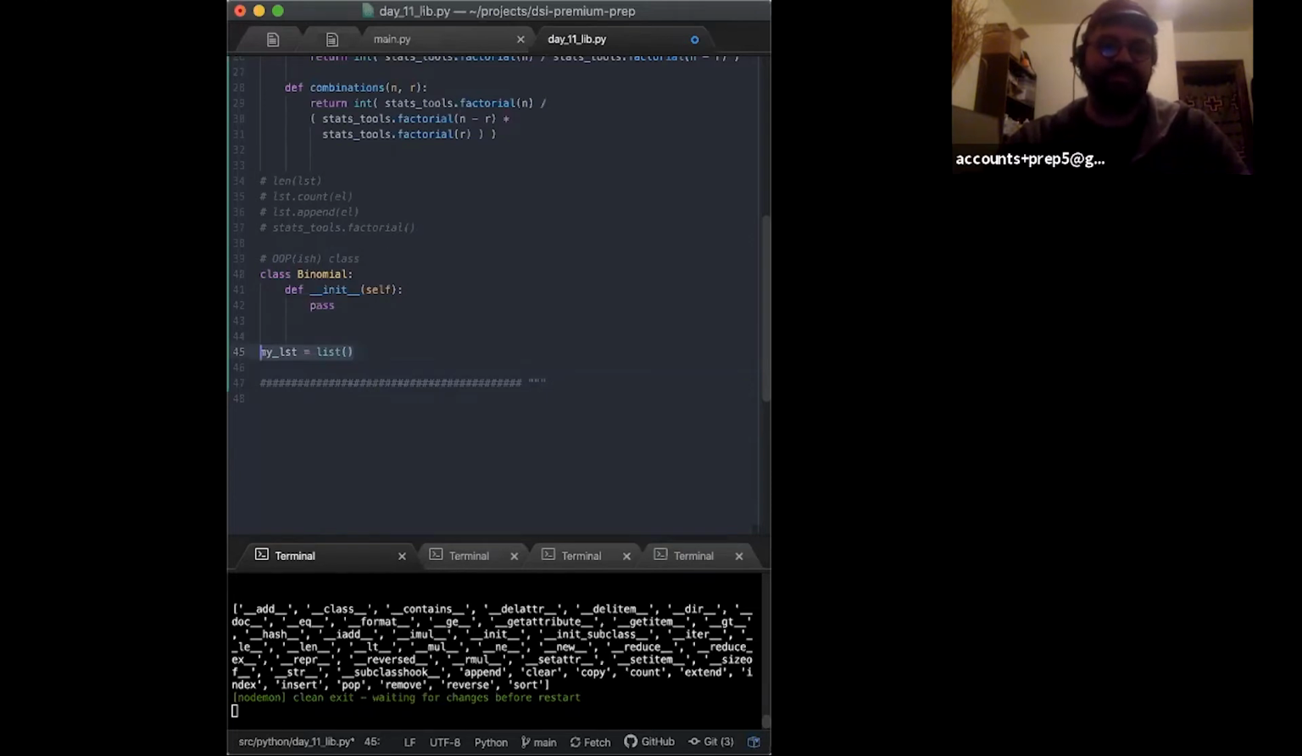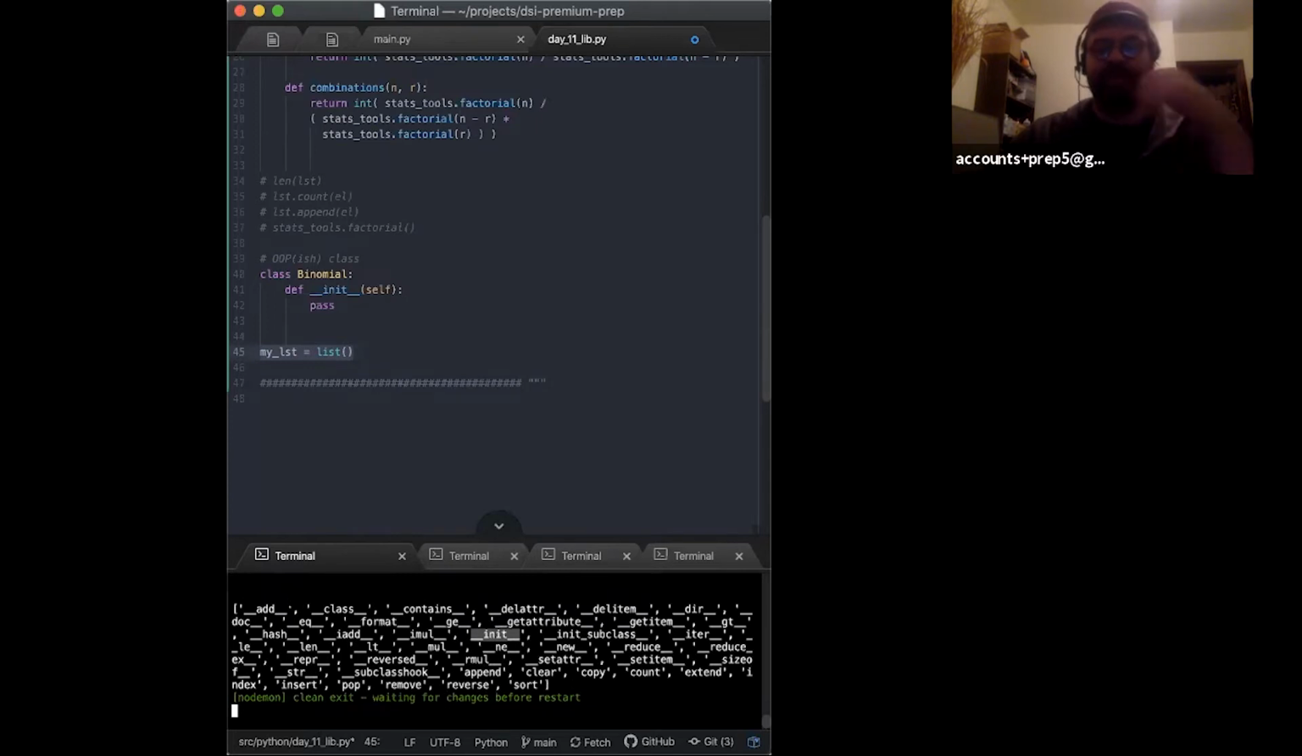So this is initializing a new list class, and under the hood, if we look through here, we're going to see somewhere a dunder init that will be the special code to run when the list class is initialized, right? I don't necessarily know what's in there, but it has a dunder in it, right? So for our binomial class,